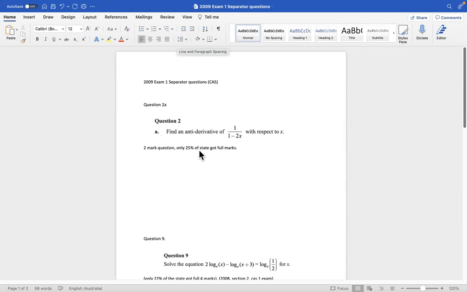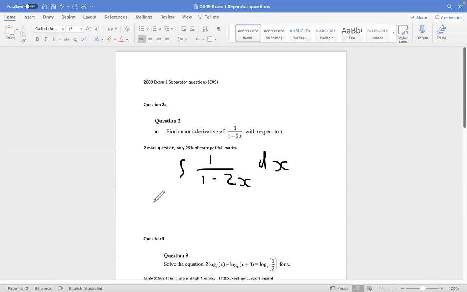So what we can do is we can write this as, we know the derivative has to be 1 over 1 minus 2x, dx. And another way that's commonly written is (ax + b) to the power of -1. And we know because this is the inverse and it's to the power of -1, this will become a log. So this is the value a. So remember how the general formula for integration is 1 over a